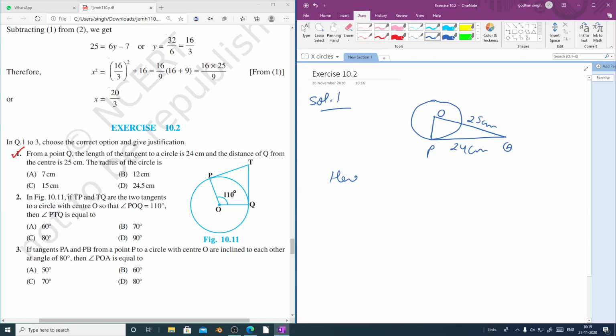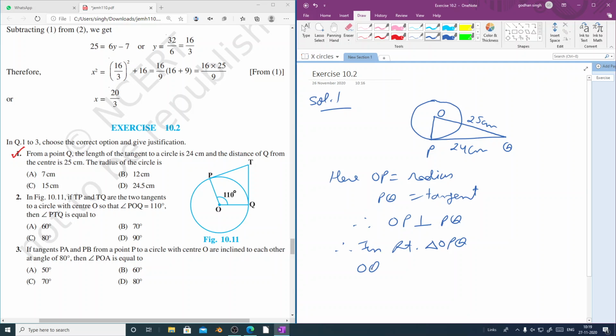So here OP is equal to the radius. OP is the radius and PQ is, what is PQ? PQ is the tangent. So therefore, by theorem 10.1, what we can say? OP is perpendicular to PQ. That means we can apply Pythagoras theorem in triangle OPQ. Therefore, in right triangle OPQ,